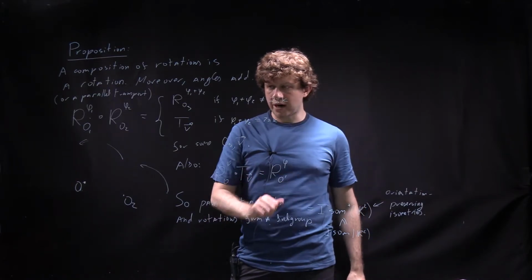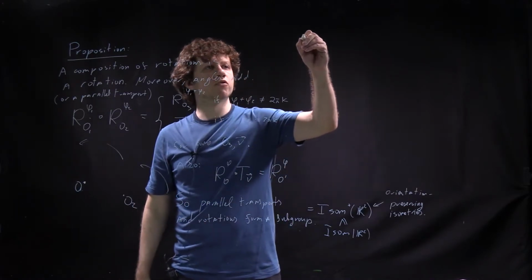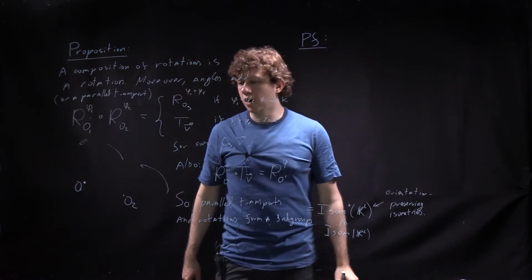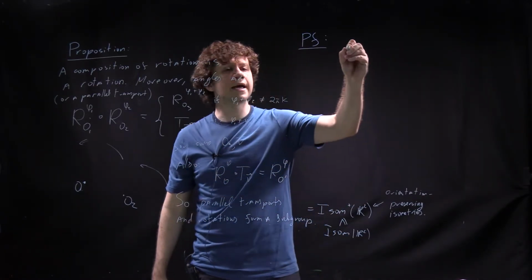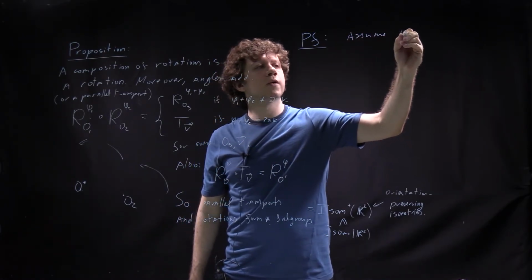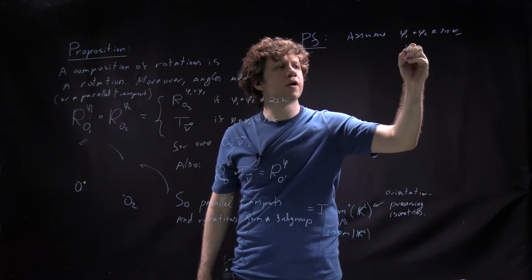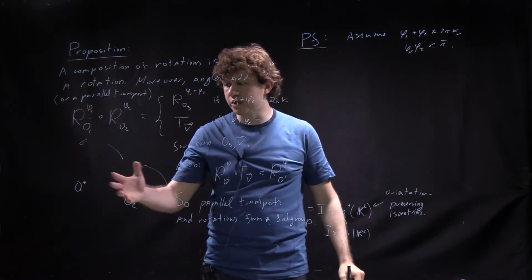So, parallel transports and rotations. Let me prove this proposition. First observation: let me assume that phi1 plus phi2 is not equal to 2 pi k. I also assume phi1, phi2 are less than pi, just because I want to prove it with a picture, and